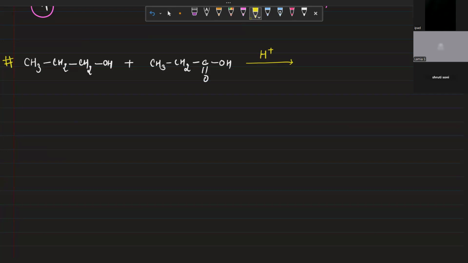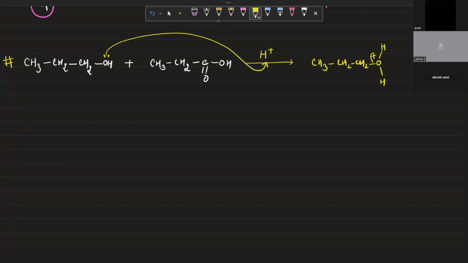What is the next step? Will the alcohol attack on H positive or the carboxylic acid? Close your notes and think about this, okay? Because if you are searching in notes, then it is a little bit complicated. The alcohol will attack on H positive. Then it will convert into CH3, CH2, CH2, O,